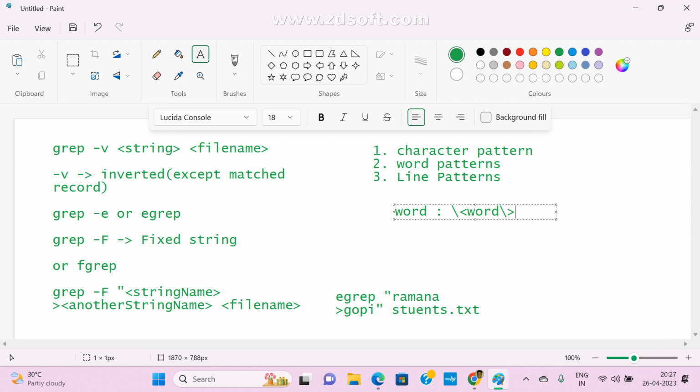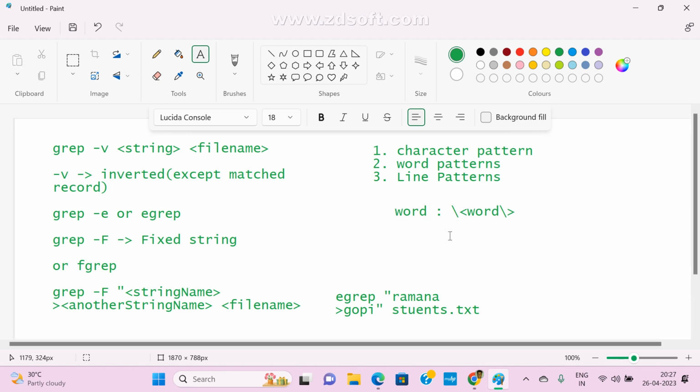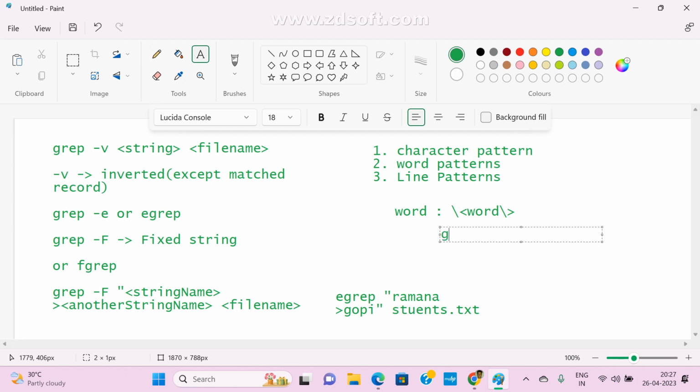It always searches for the given word. It is exactly the same as grep hyphen w. Or directly we can use grep space hyphen w, right? Hyphen w means which word you want to search, that word name. For example, Ramana. This is a word pattern.